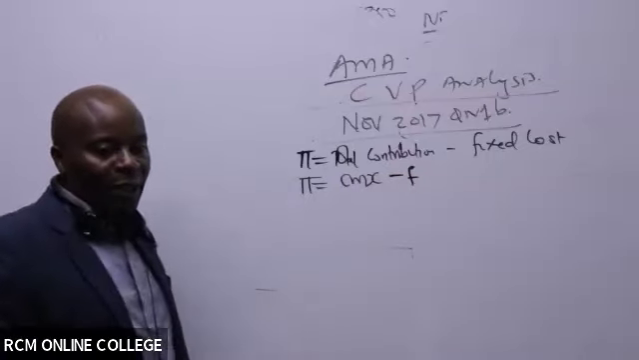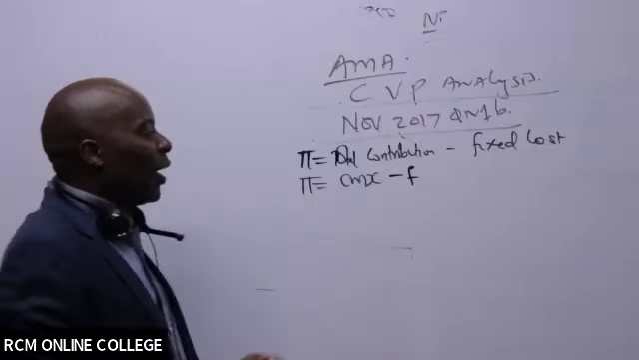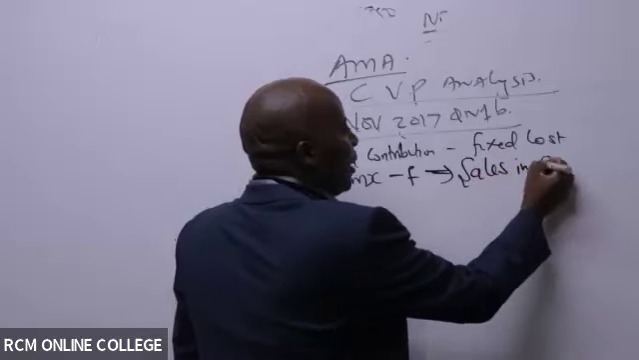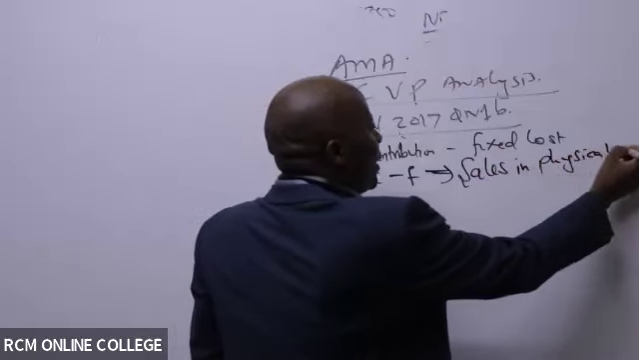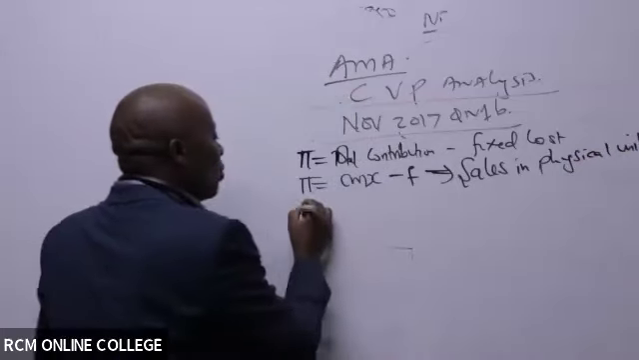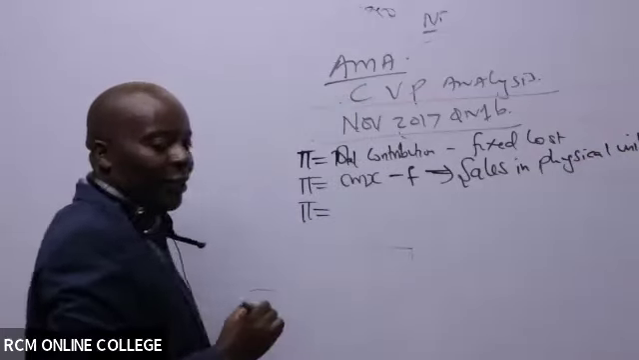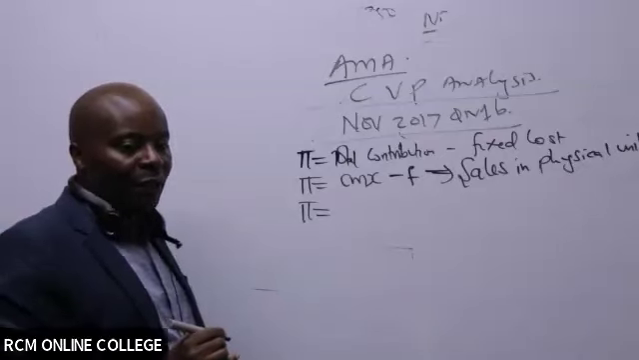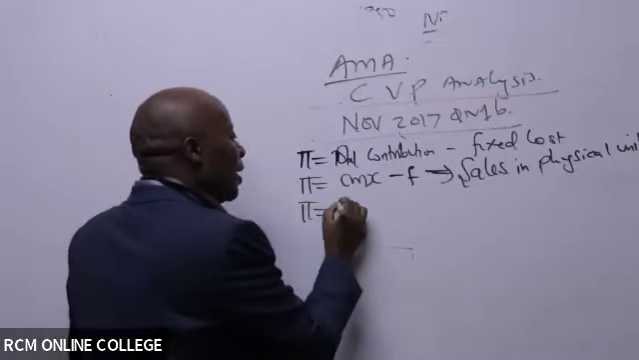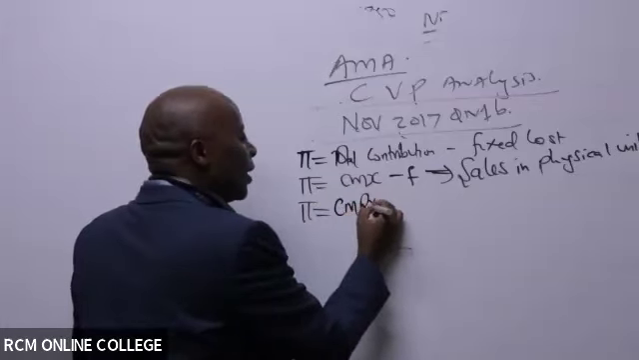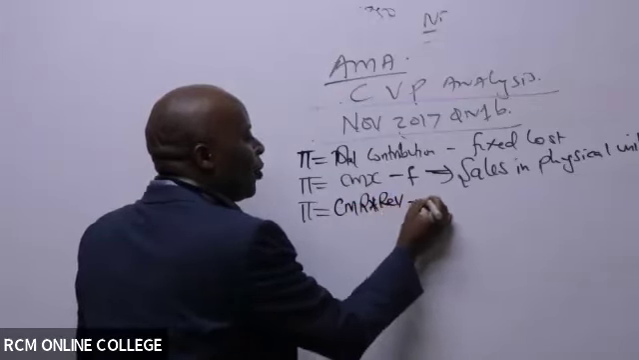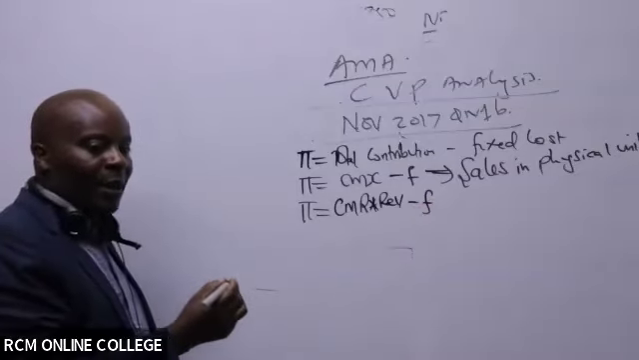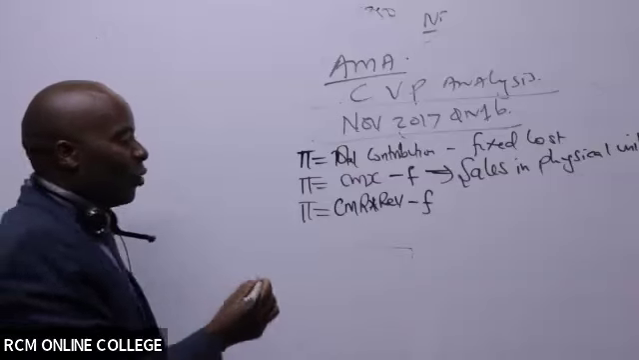Very, very important. This is whenever you have sales in physical units. How about when sales is in the form of money? Whenever sales is in the form of money, our profit will be equal to CMR times revenue minus fixed cost, like that. So you take CMR times revenue, minus fixed cost, where CMR